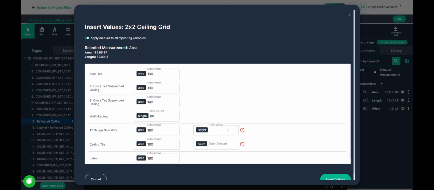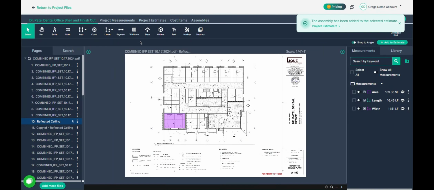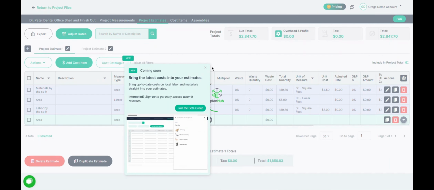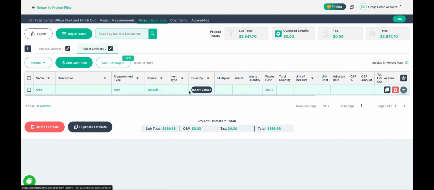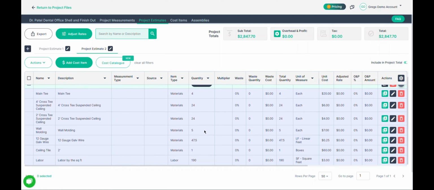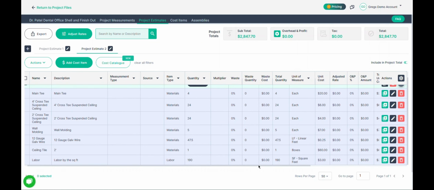The height of our wire is still 4 feet. The number of 2x2 objects is still 10. Insert values. Now we'll pop over to the estimate, Project Estimate page 2 this time. Expand open the assembly results, and we see at the bottom we have a new cost item